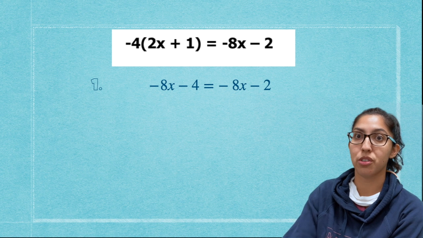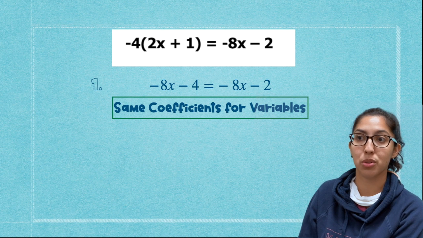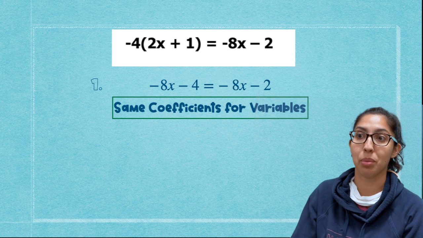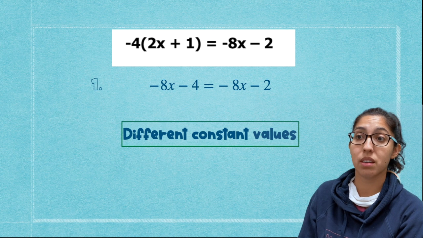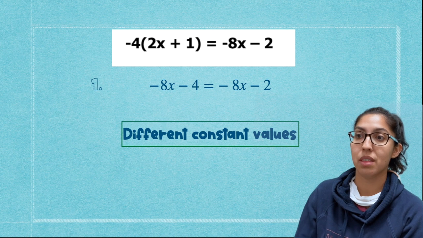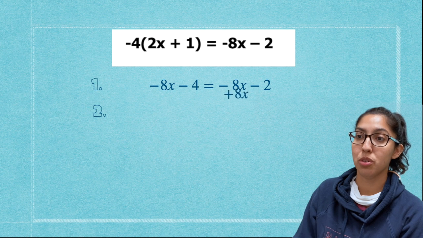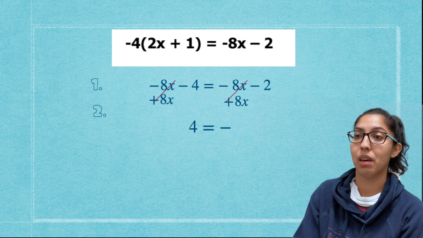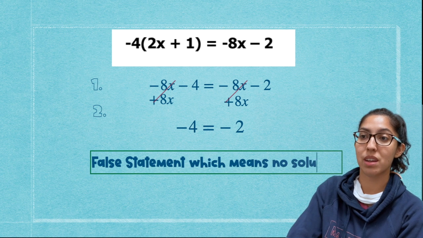So the first thing that you should notice at this step is that the coefficients are the same for the variables. So we have -8x on both sides. So that already tells us something's gonna happen. All right, and then the next thing we see is that we have different constant values, so that's also gonna mean something. So step 2, I would add 8x to both sides. Those cancel out, and I am left with -4 = -2, which would be a false statement, so